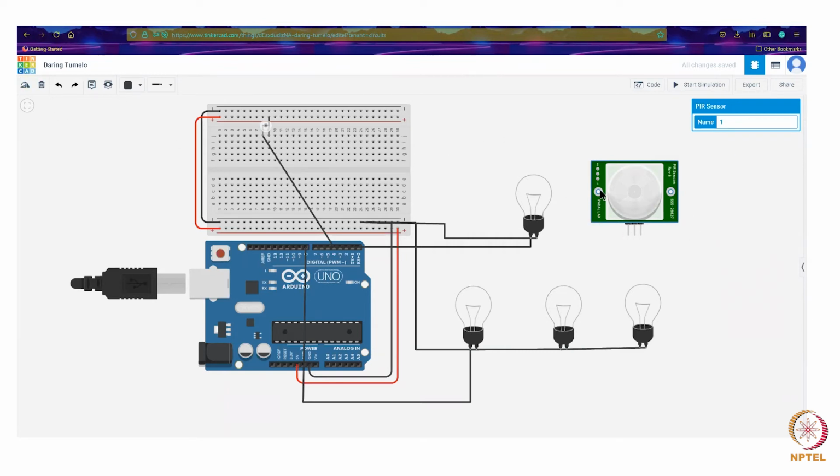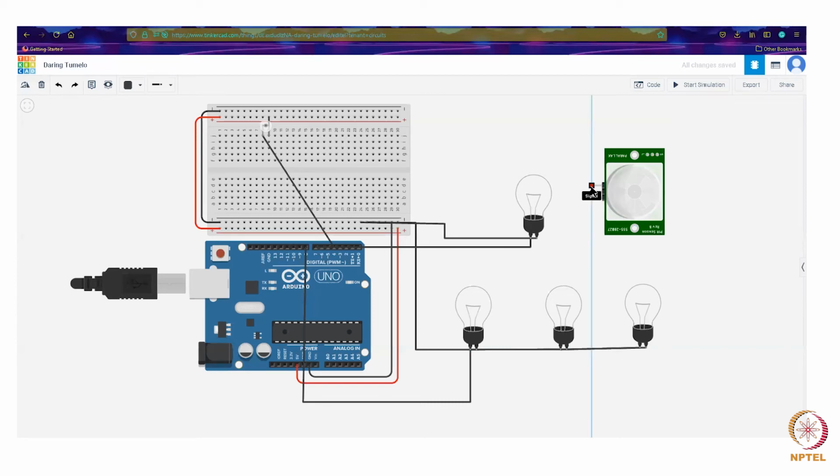So we'll just rotate this component. Right. Now let us just connect the signal to one more digital pin. Say we already used up 7, 8, so we can go with 13 again.